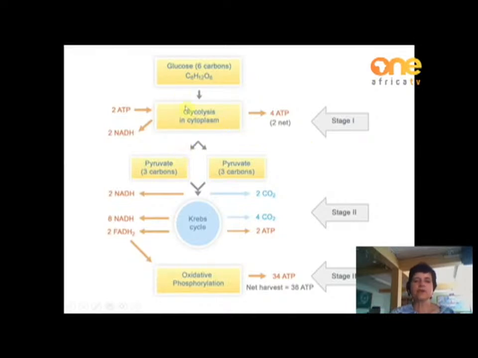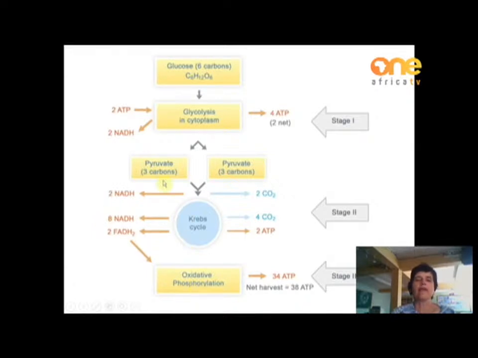During this process, 4 ATPs were produced, but 2 were used beforehand, and the hydrogens released there from the 12 hydrogens that build up a glucose are carried to our process of oxidative phosphorylation, the 3rd